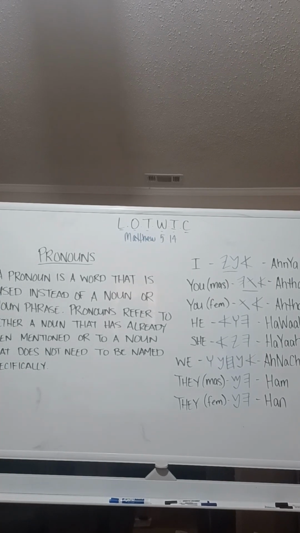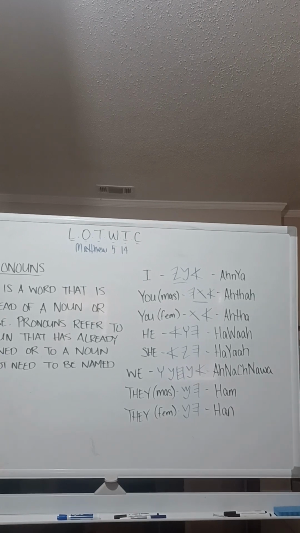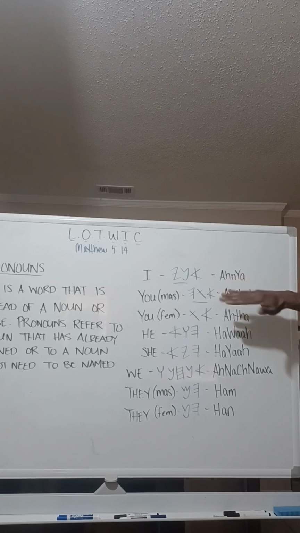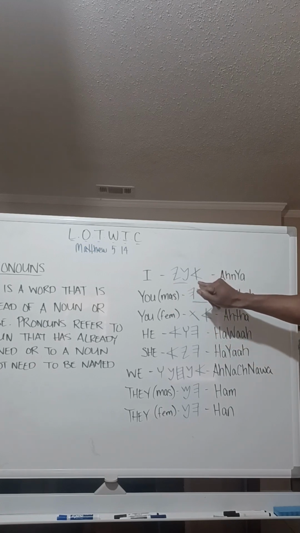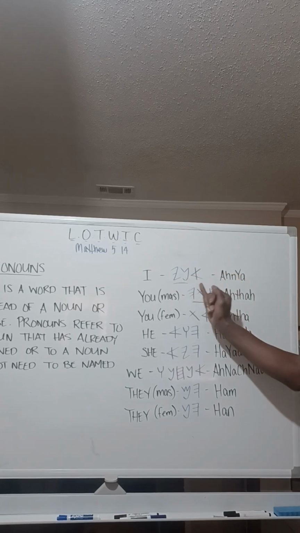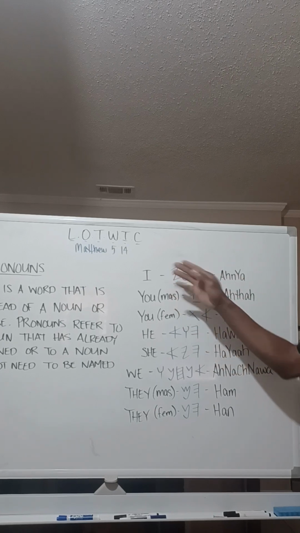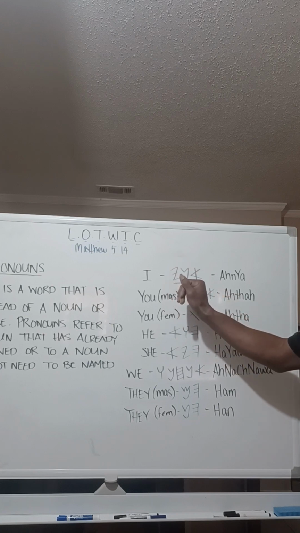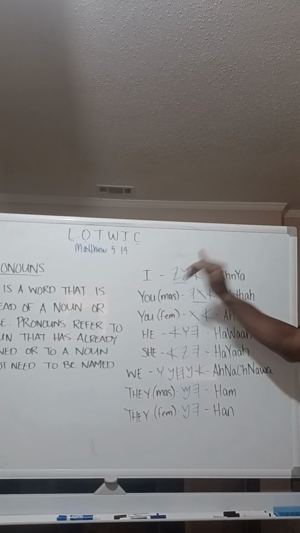Chief, you want to go ahead and read off the words in the Hebrew for the word I? For the word I, we have Anya. That's how you would pronounce it, and this is how you would write it out in our language. You would start with the Na and the Ha. As you see, he joined the Na and the Ha, and when he joined the two, it cut off the last sound of the Ha. Ya sound. Ha. Ya.